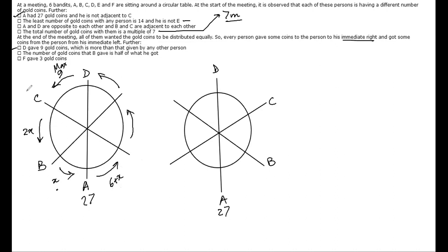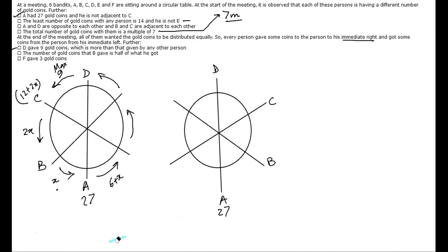Okay. Now, what is C's initial value? Let's find out everyone's values. Finally, everyone is at 21, C is also at 21. And how did he come to 21? C gave away 2x and got 9, and hence C is at 21. So what is C's value? 12 plus 2x. Followed? So I have got C's value as 12 plus 2x. Basically what I'm trying to do is, in terms of that x, simplify and get all the values. Okay, C is done.